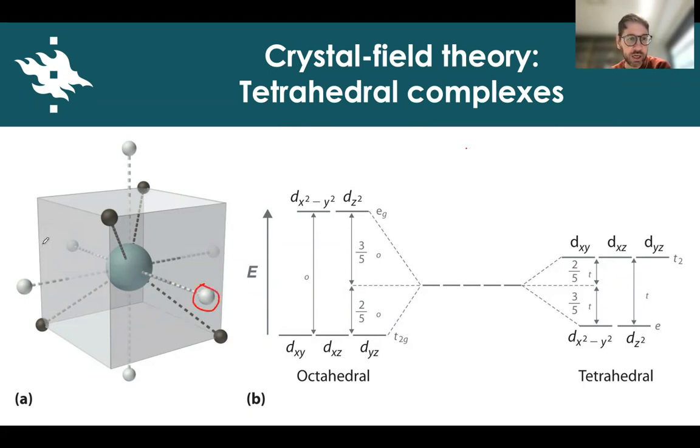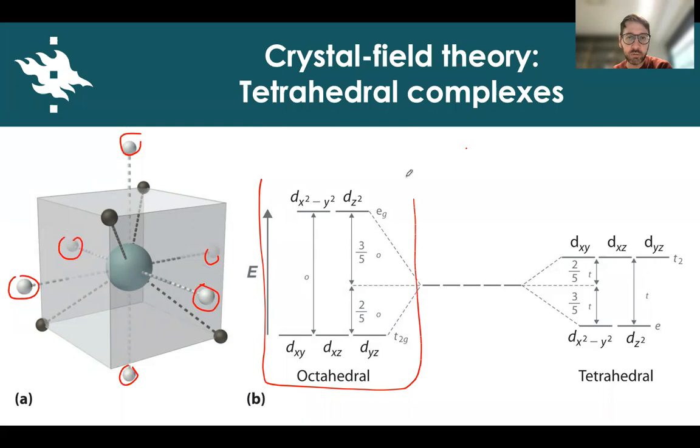For the octahedral case, the ligands point along the Cartesian axes, and the resulting splitting has this pattern, in which orbitals along the axes have their energy raised, and orbitals in between the axes have their energy lowered relative to the barycenter of the